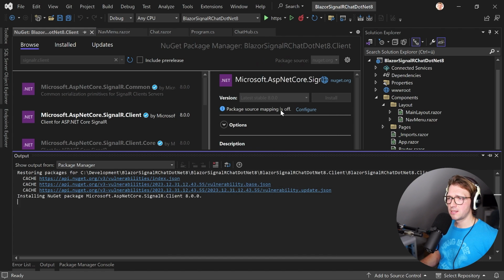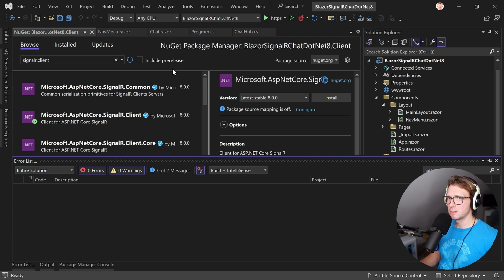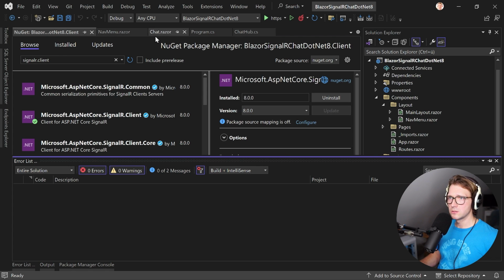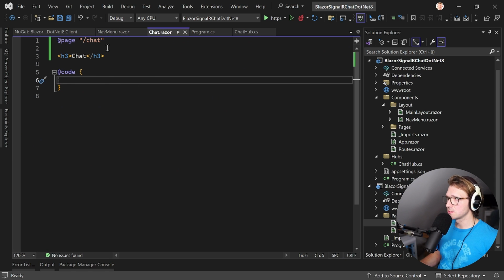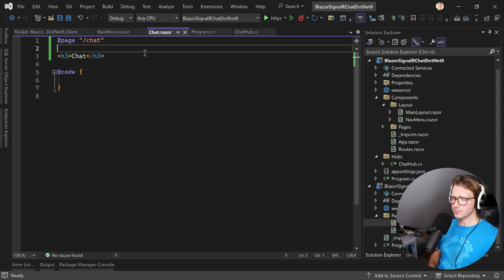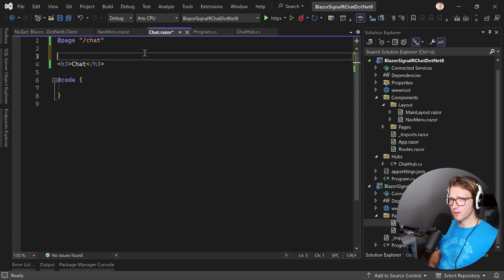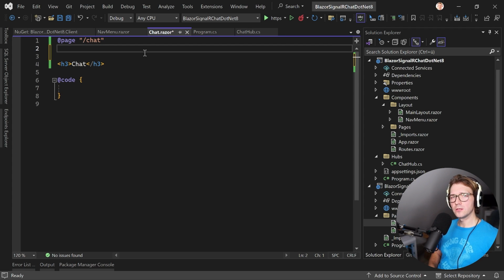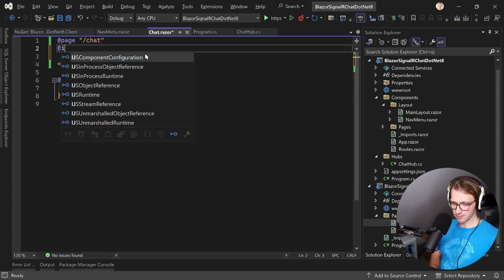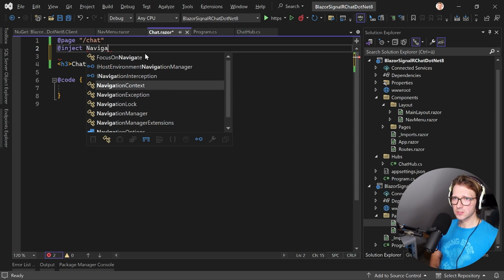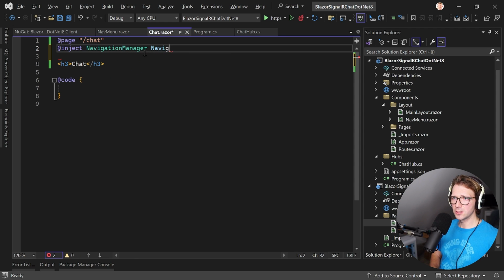I accept. Great. And now we are ready to do some SignalR and WebSockets magic. So first thing, we need the navigation manager. You will see why in a sec. So add inject, navigation manager,